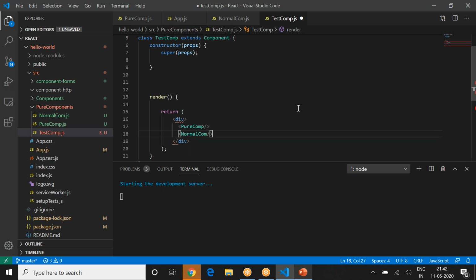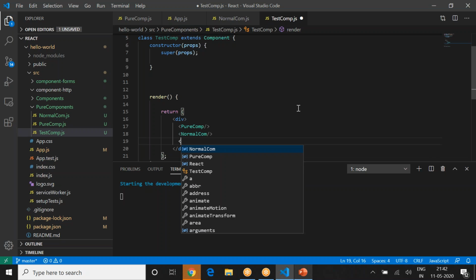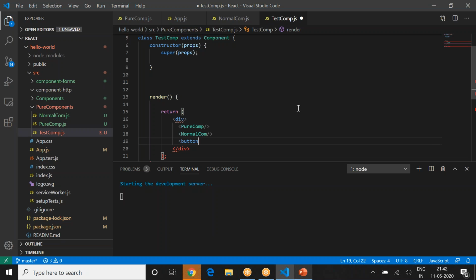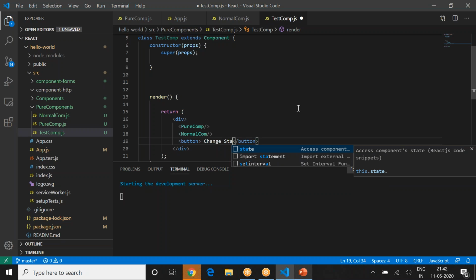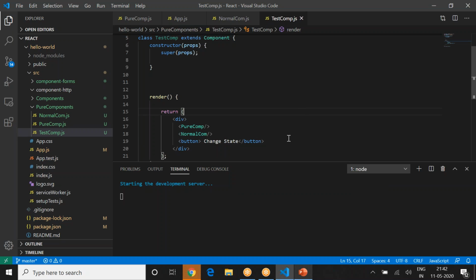Okay, and finish that tag, and I will have a button. What I want to do is just change the state. So button, and you just say change state. What I will try to do is I'll change the state here and see if the state change makes any sense.